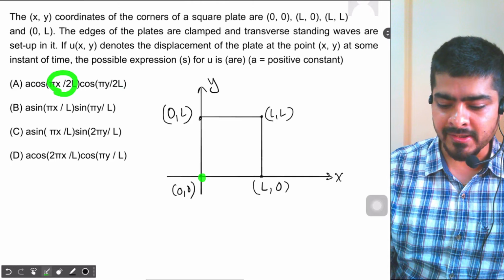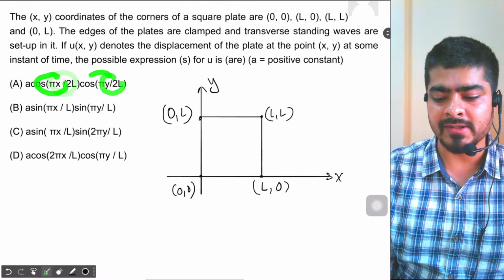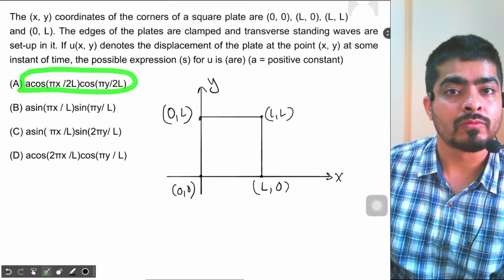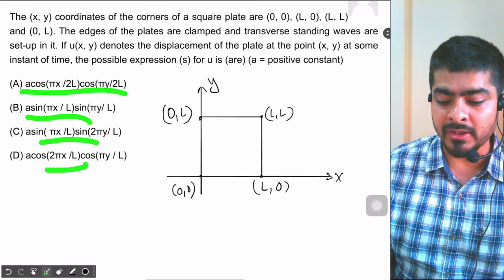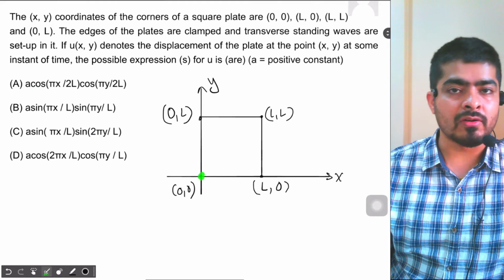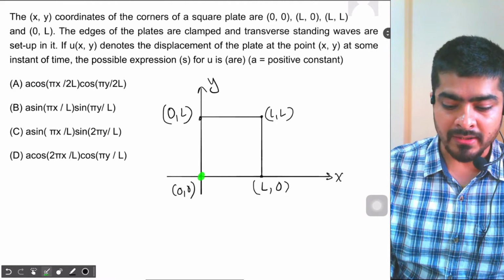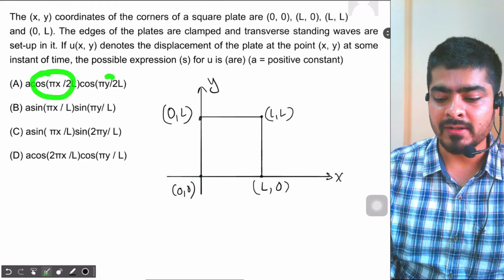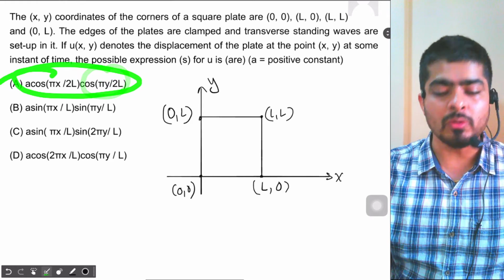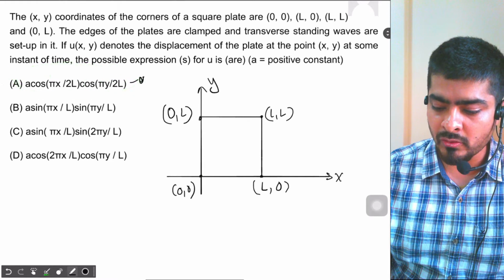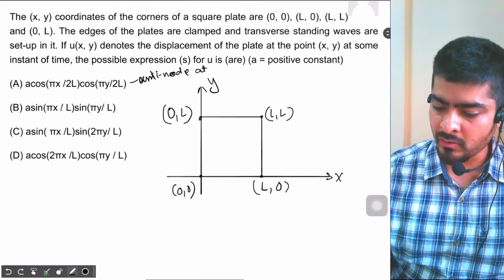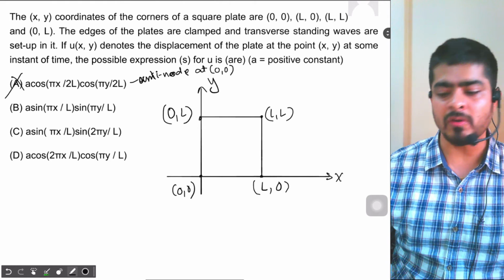So when I put 0 over here and 0 over here, this cos 0 is 1, this cos 0 is also 1. That means we are not getting displacement 0. These are the equations of your amplitudes, right? So we want that the amplitude should be 0 at origin 0 comma 0, but when you put x equal to 0, cos 0 is 1. When you put y equal to 0, cos 0 is again 1. So you are getting maximum amplitude instead of a node. So basically this is your antinode at 0 comma 0. Okay, so that's why this option is not possible.